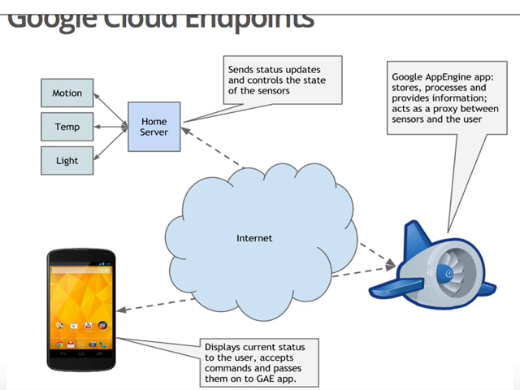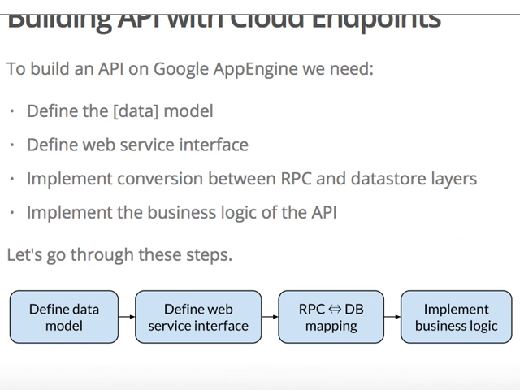So do you remember that long list of what it takes to build a web API I gave you a couple of slides ago? Now, that's what it takes to build a Cloud Endpoints API. So you start with defining the data model. The data model is a thing everywhere. This is the data your application will operate on. In App Engine's case, this is also the way you will be storing this data, because in App Engine the logical data model and physical data model very often are the same thing. Then you define your web service interface, well, logically mostly.